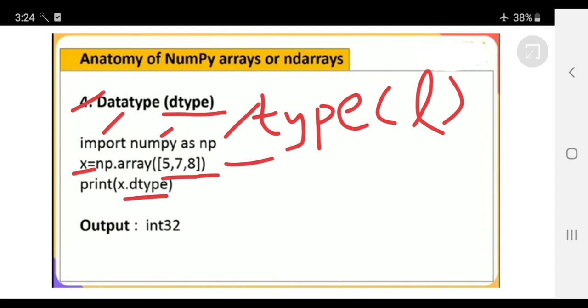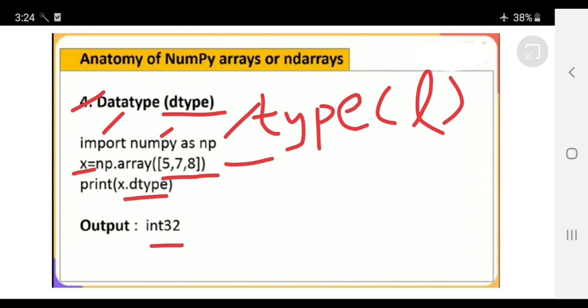So numpy will have a list of data types. That list of data types will be assigned to integers, floats, characters, double, based on the range of values. So the answer for this one is int 32. In general, numpy will give int 32 or else int 64 based on the range of values. 5, 7, 8 is within the range up to 2 to the power of 15, so it will give int 32.